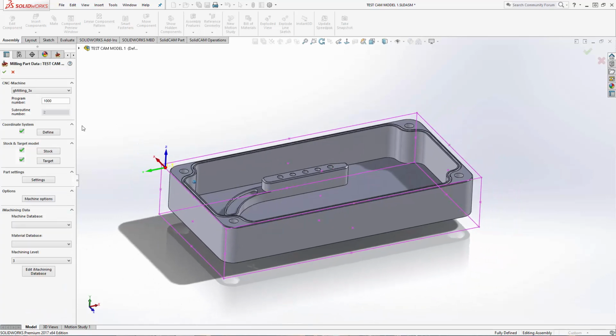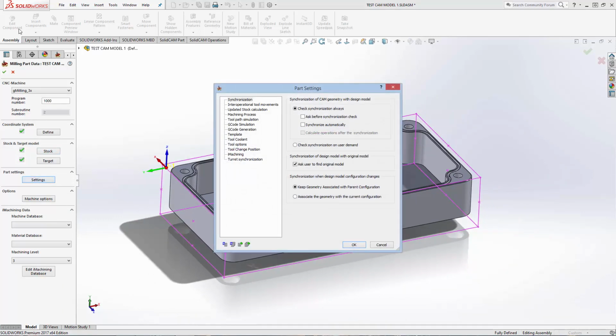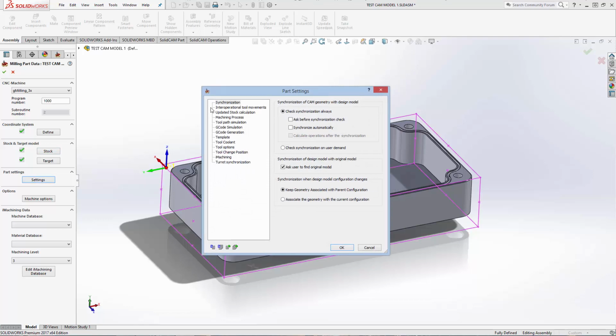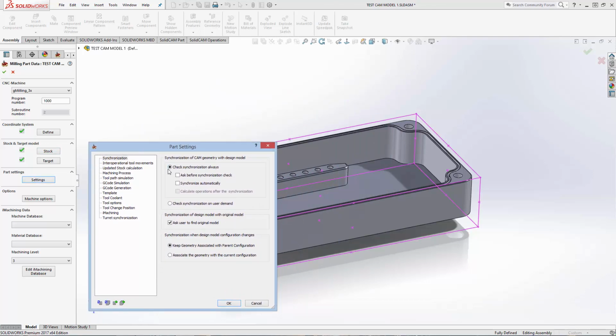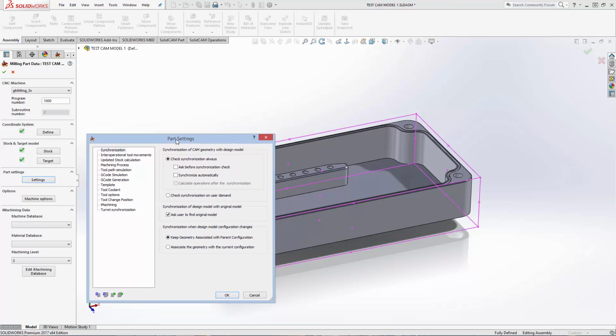So we've selected that. Part settings, we'll have a look at some of the settings in here, but we'll largely leave them on the default setting. This first one's to do with synchronization. Again, we talked about at the start that this SolidCAM file has a link back to the SolidWorks file that you created it from. And as I've already said, if you close this file down and go back into SolidWorks and edit the original SolidWorks file,